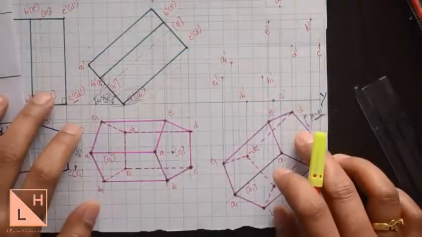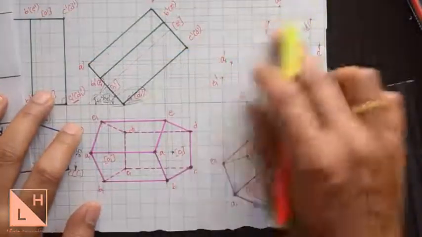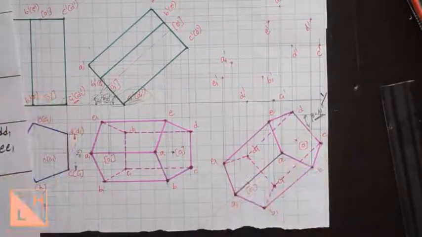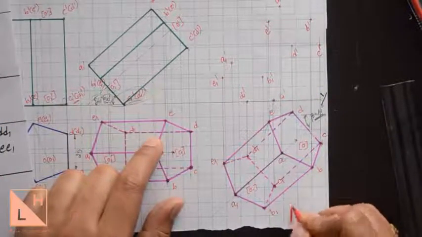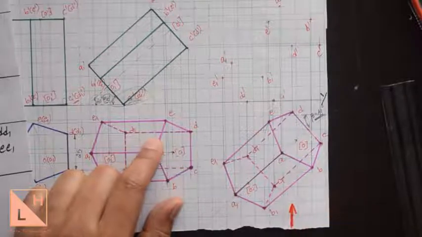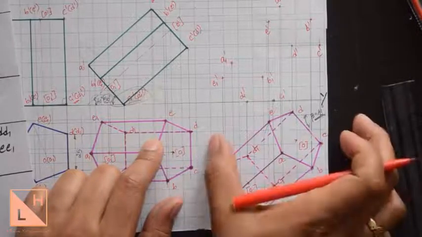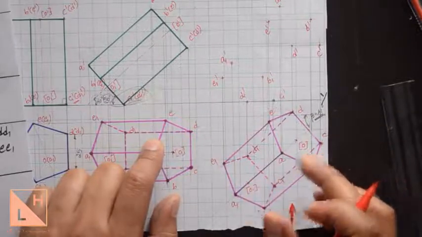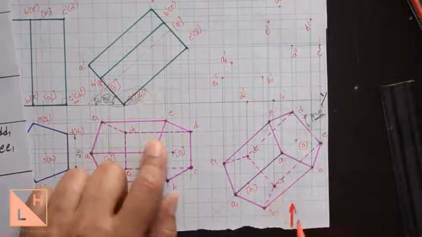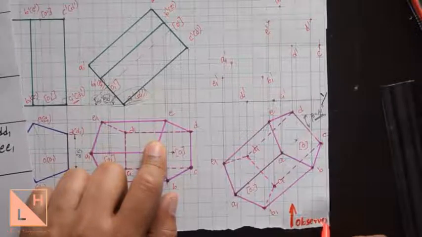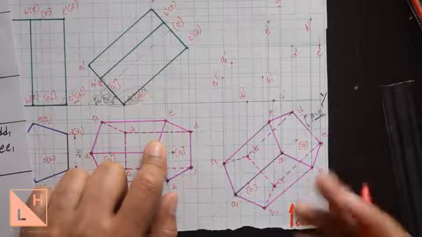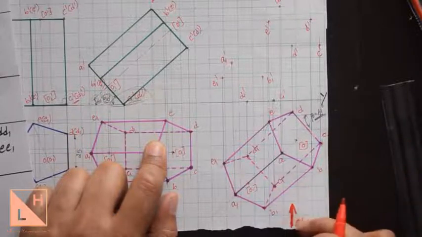Now to identify the visible and hidden edges in this particular final position, we have to look at this third position top view from bottom to top direction. When you look at this from the bottom to top direction, the prism will have either the base or the top face nearer to the observers. So the direction where the view is being made is the one which is called as observer. So either the base or the top face should be closer to the observer.